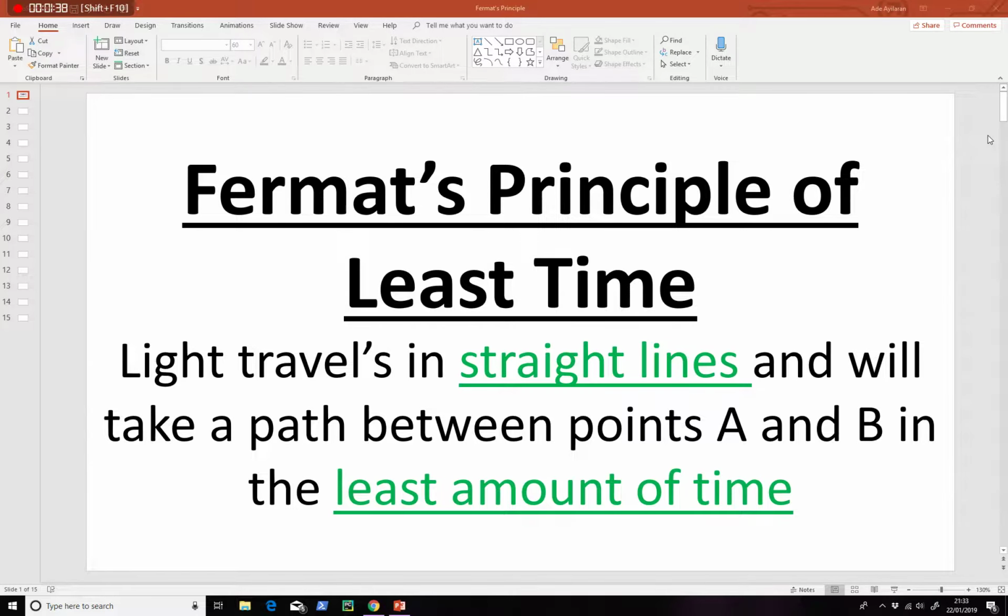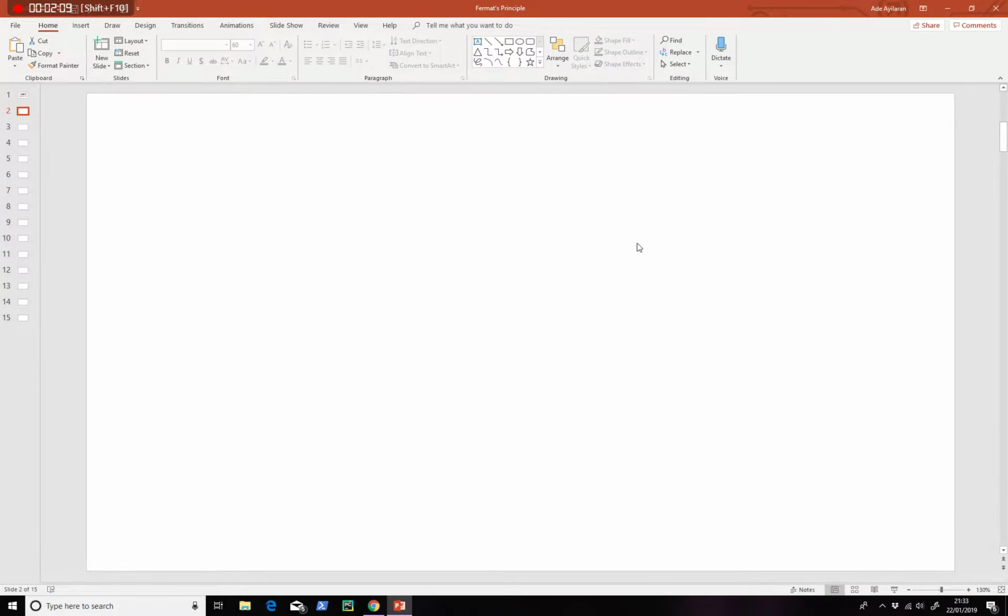So, Fermat's principle of least time is basically a statement that light travels in straight lines and will take a path between points A and B in the least amount of time. So, light travels in straight lines, and any path that the ray of light takes between 2 points A and B will always be in the least amount of time. So what we are going to do is use this to derive the law of reflection. And for those who have forgotten,